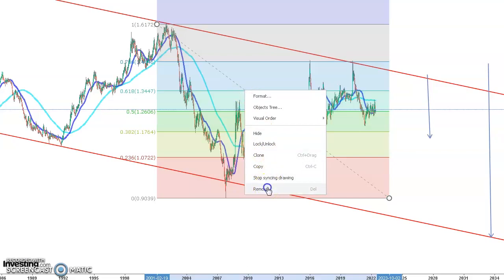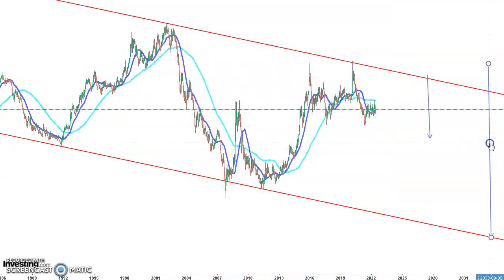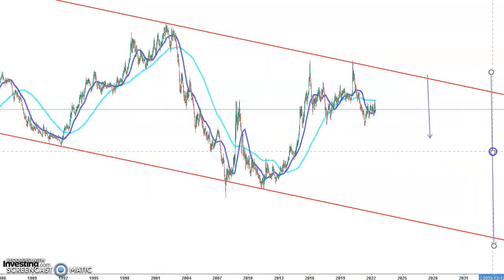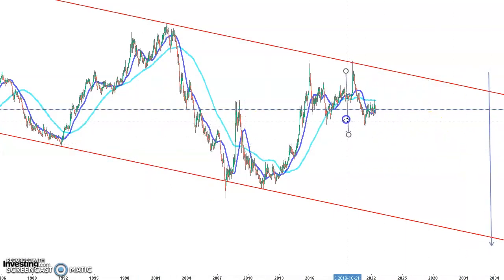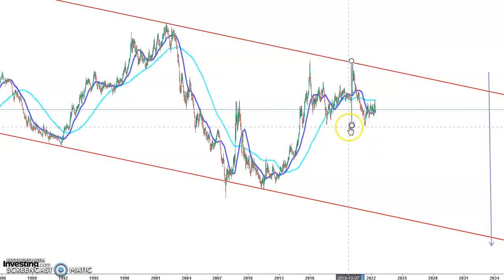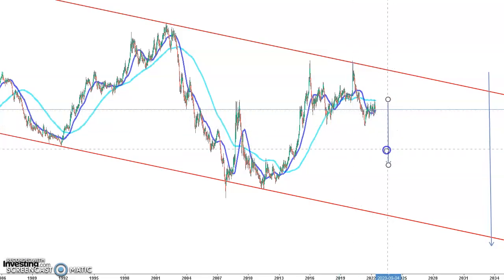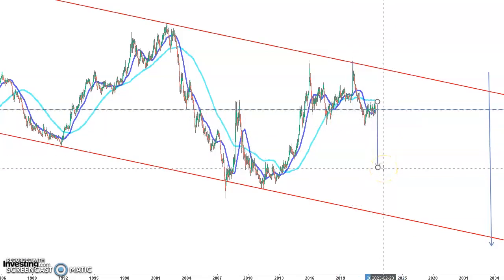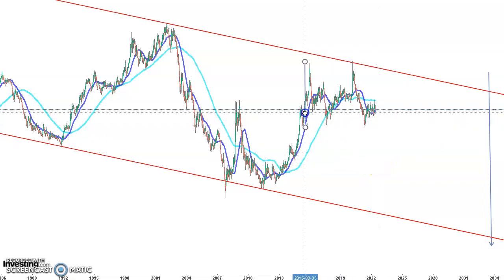So my point is that, we look back at this arrow here, which is the bigger pattern, right? But then we also have the smaller pattern, and the smaller pattern works like this. See, we're going to take this here, and we're going to draw that, and measure this exactly, okay? We're going to measure this exactly, and we're going to see this right here, and this is going to take us back into this brouhaha down here, okay? And you see this happens over and over again. Look at it here. If you hop back in a time machine in 2016, if you'd measured this here, and then you'd measured this here,